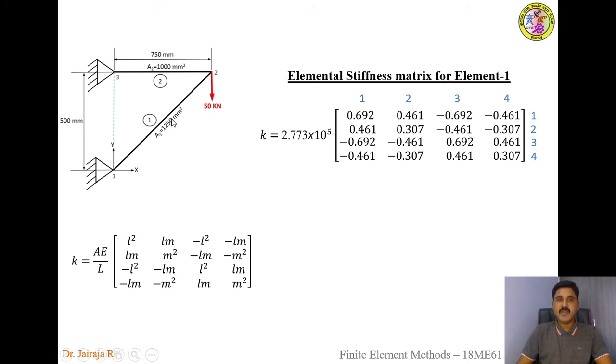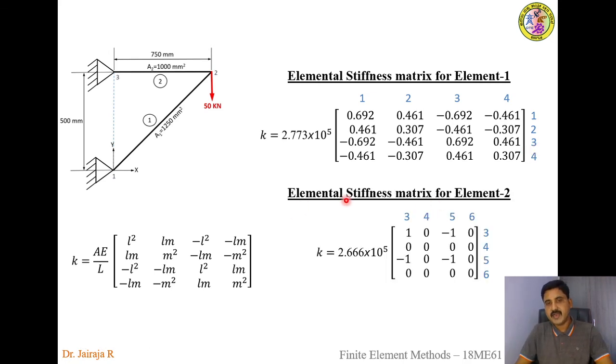Since element 1 is formed between node 1 and node 2, at node 1 there are 2 degrees of freedom, say 1 and 2. Similarly, node 2 has 2 degrees of freedom. So for each element there are a total of 4 degrees of freedom: at each node 2 degrees of freedom, and there are 2 nodes. So it is numbered like this: 1, 2, 3, 4. Similarly, 1, 2, 3, 4. 1, 2 is for node 1, and 3, 4 is for the final node of element 1. Similarly, the initial node 1 has degrees of freedom 1, 2, and the final node, the second node, has degrees of freedom 3, 4.